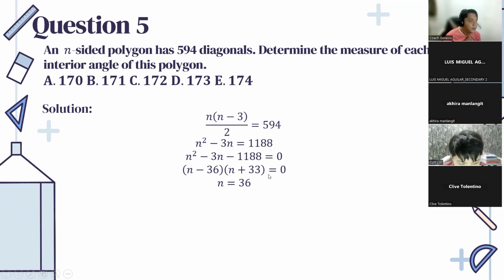Okay, since you already have the number of sides, we need to solve for its interior angle. So you have 180 multiplied to 36 minus 2, all over 36. So you have 5 times 34, because 180 divided by 36 is 5. So 5 times 34 is equal to 170. So hence the interior angle is 170. I guess what the question meant is n-sided regular polygon. This is a regular polygon. Okay. So let's move on to number